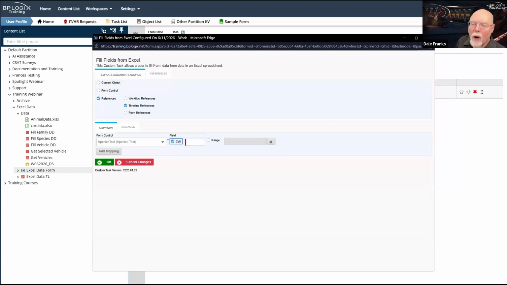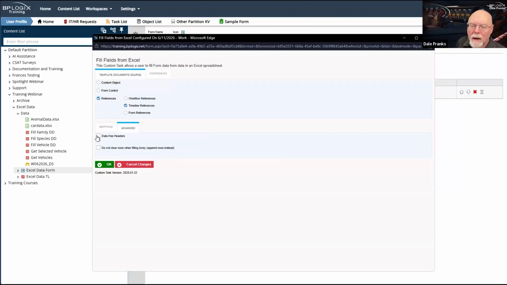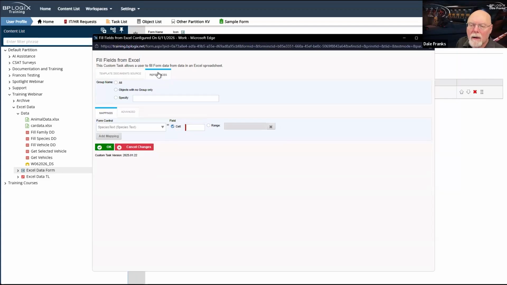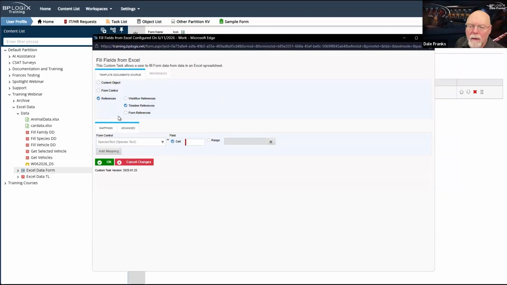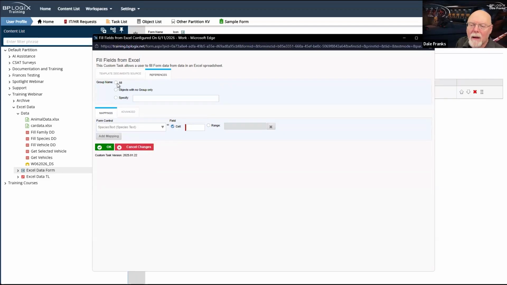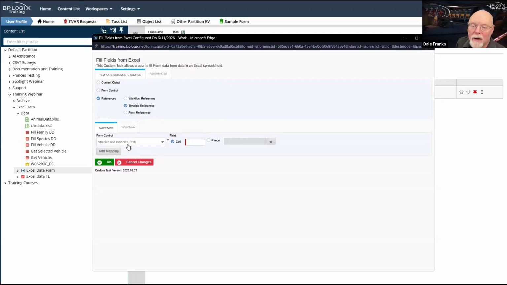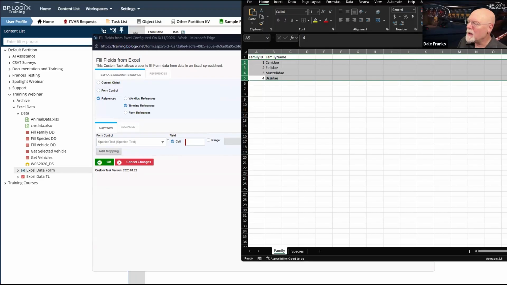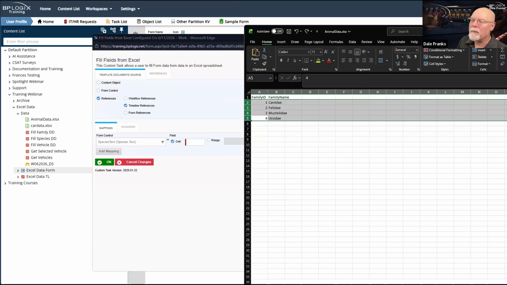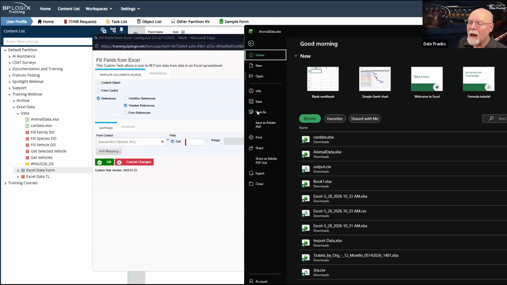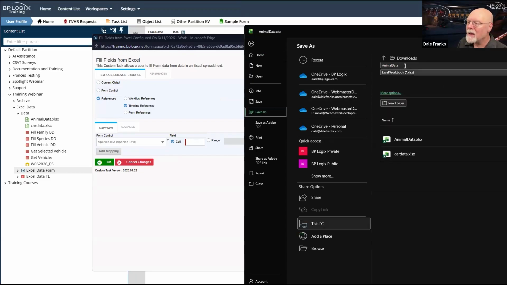And what we are going to do, we don't need to set that. We will, though. We'll set it to all. And yes, the problem is that I have 2 fields here. So here's what I'm going to do. I am going to save this, save as, and I'm going to save it as animal data 2.